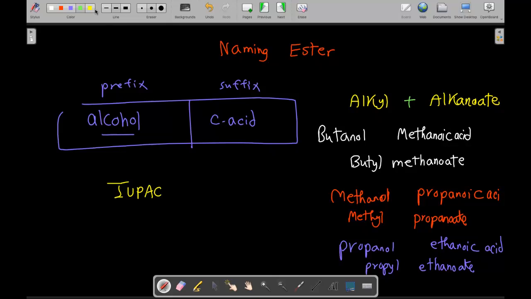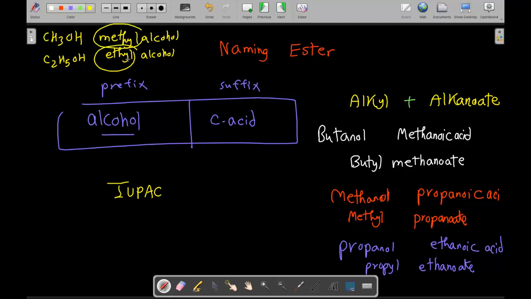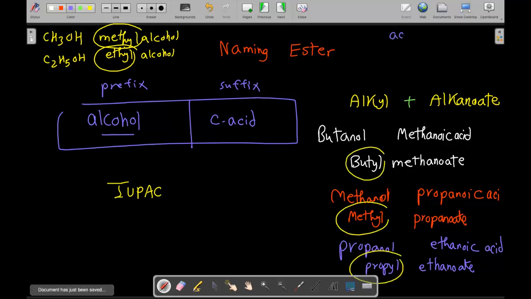So what is the alkyl alkanoate? We said that you put the alcohol on the left. The alcohol is an alkyl. We said the alcohol is a methyl alcohol, which is CH3OH, or ethyl alcohol, or the ethanol, that is C2H5OH, or propyl or butyl alcohol. So just get the name of the alkyl group: methyl, ethyl, propyl, butyl, and change the name of the acid from alkanoic acid